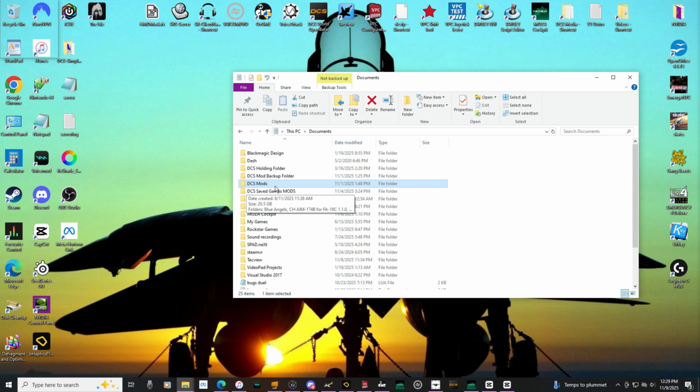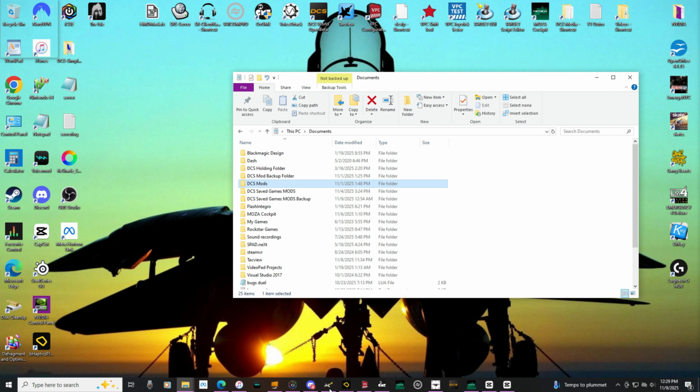One's going to be for core mods or root mods. The other one is for the saved games mods. So just name them as you see fit. You're going to need the save games mods and save games mods backup, and I have the mods and mods backup folders right here. So once you guys have those 4 folders made and placed wherever you want them,